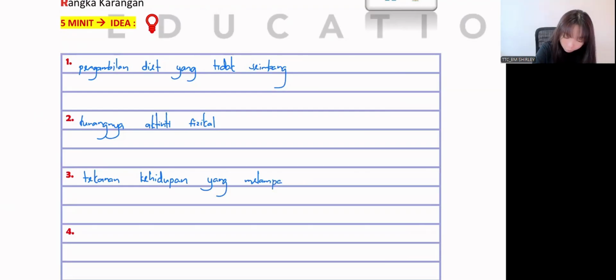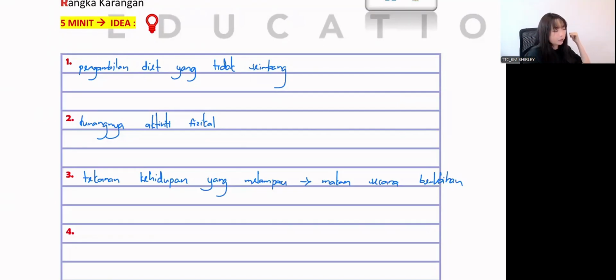Melampau, it means like too over. So it will be like makan secara berlebihan. Too much. Then other than stress eating, other than imbalanced diet, other than not moving, which means that no physical